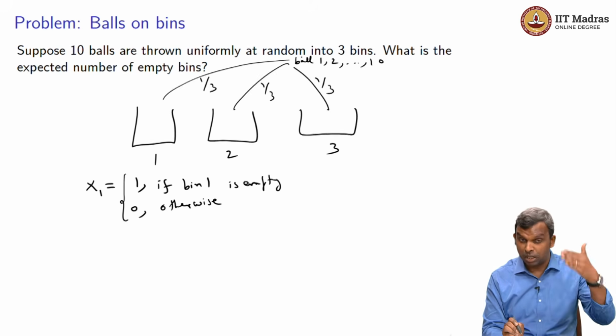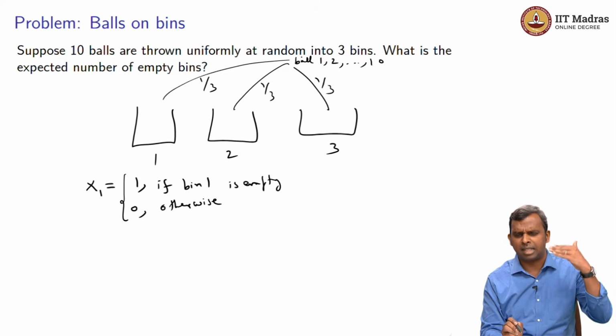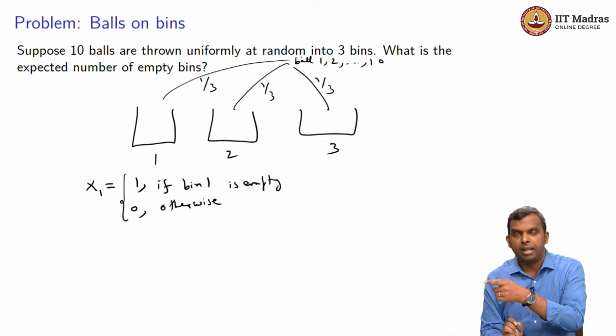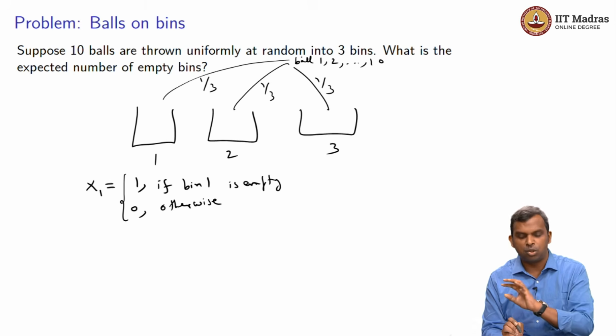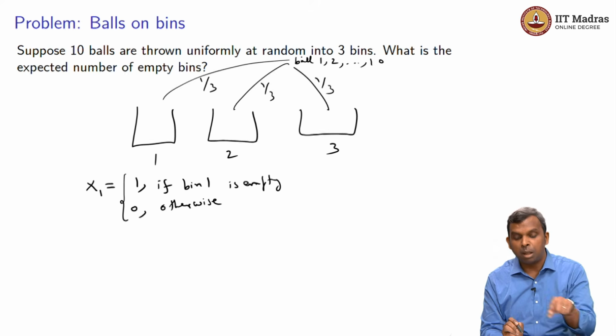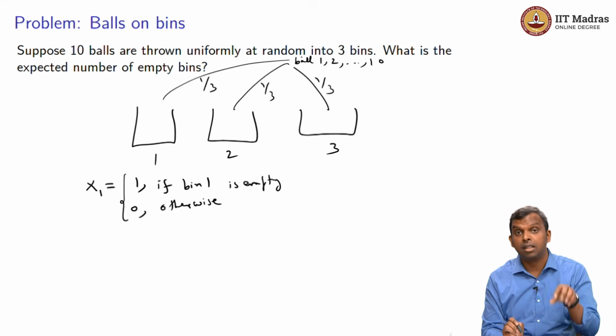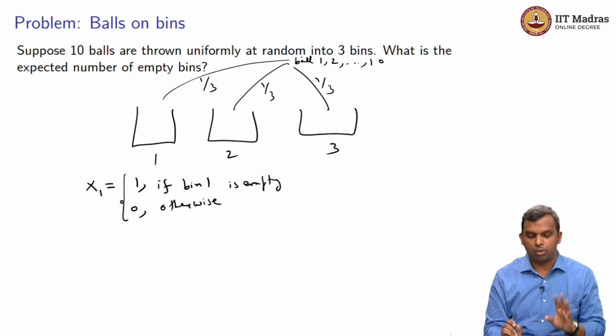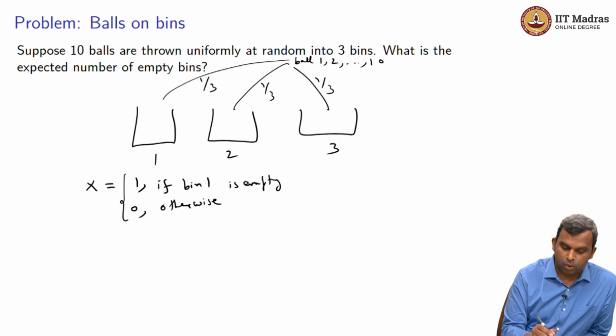Once again, remember what is the experiment? Always think in terms of experiment, sample space, outcome, random variable. My experiment is what? I'm throwing these balls into these bins uniformly at random. After I've thrown 10 balls, I'm going to look at the outcomes. What are the outcomes? Where did each ball end up? And I'm not interested in the location of every ball. That's not what I want. That's a complicated outcome. I want a function of that outcome, which is the number of empty bins. In particular, I'm looking at this x1, which is going to indicate to me whether bin 1 became empty or not. Okay. So now the same thing I can extend to xi,